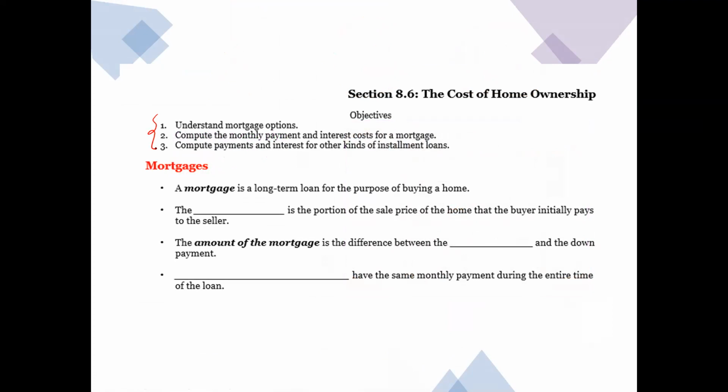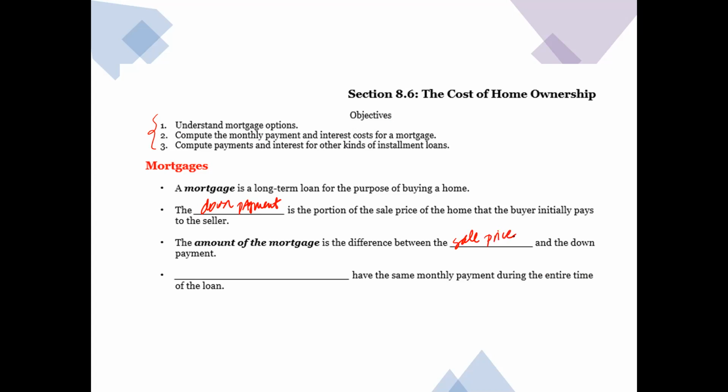A mortgage is a long-term loan for the purpose of buying a home. The down payment is a portion of the sale price of the home that the buyer initially pays to the seller. This is how much you save up, and generally it's about 20%, or else you have to end up paying extra insurance. The amount of the mortgage is the difference between the sales price